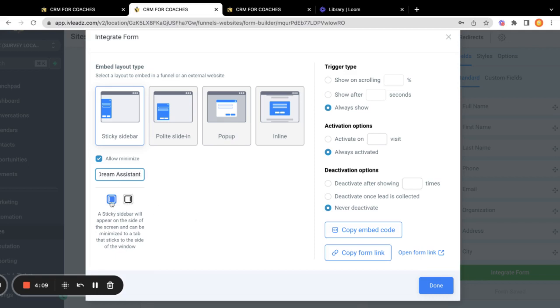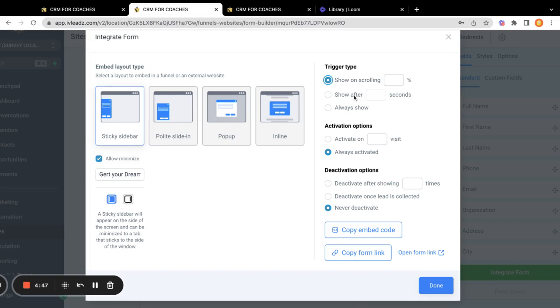Then I can even choose the position, whether it's in the left hand corner or in the right hand corner of the screen. I'm going to use the left hand corner for example, and then also here there are three more settings that you can change. So if you want to show on scrolling, like for example, your audience is visiting the page, do you want the layout to be shown at 85% of the scrolling action, or 50%, if you want that in percentage format,